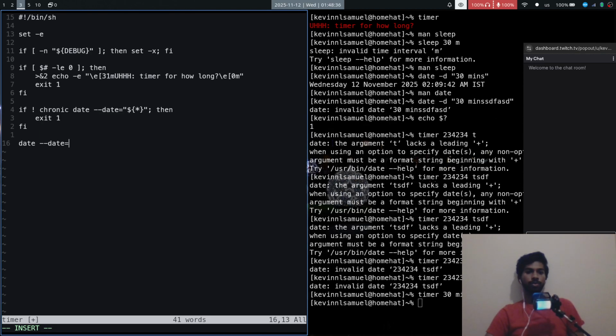Date is equal to the end time duration, whatever that is, as seconds minus... I'm going to put this in variables. Now is equal to